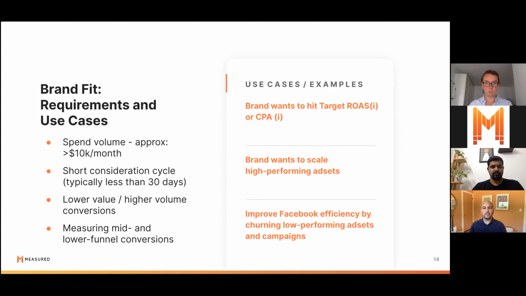Great. Terrence, do you want to briefly highlight, just to get people's wheels turning a little bit, some example use cases of how people can think about starting to form those business questions and the hypotheses they want to test using these types of frameworks? For sure. So this is definitely not a one-size-fits-all framework. We have a lot of different brands at different stages of their life cycle, a lot of different categories, industries, and strategies. So the most common one would be this top one. We want to know what Facebook is driving, so we know what to target on platform and how to actually optimize campaigns. That's simple enough.